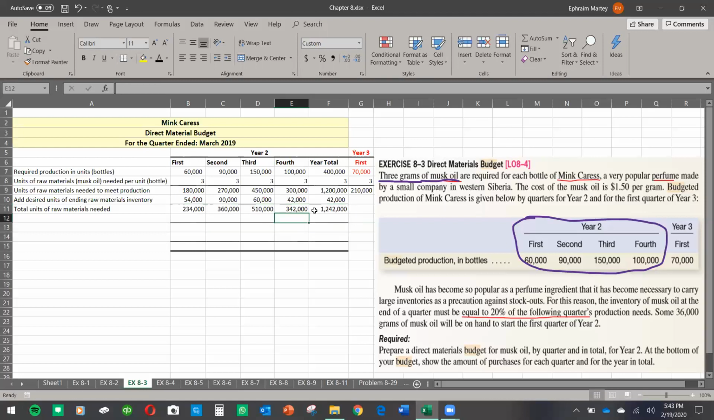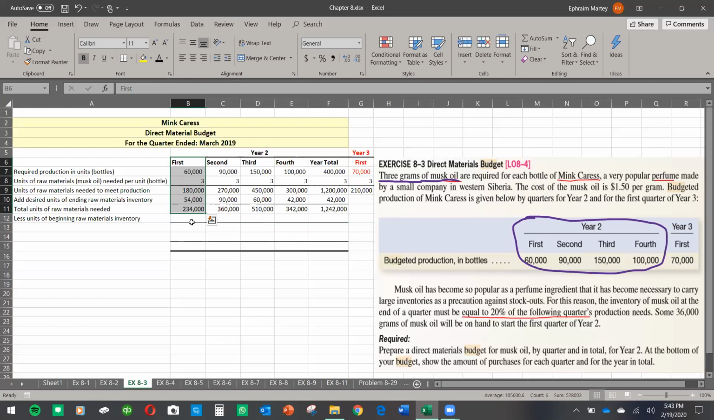Okay, so here you can drag it all the way, because we are adding these two together. That will give you the correct amount that we needed. Now we have these ones. But notice when you start the quarter, there is always some inventory left. So if you want to know how many raw materials you need to purchase,